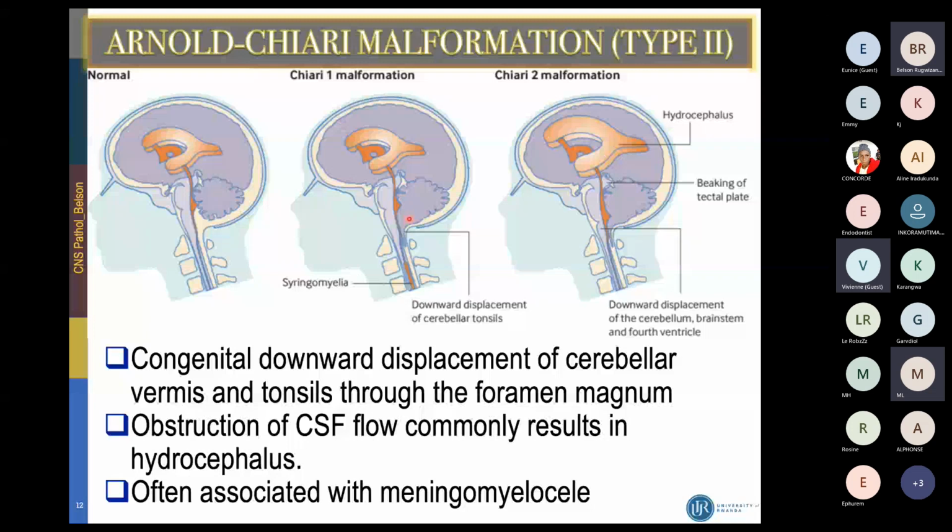And also for type 2, it is the same. We have the cerebellum going down, but also the brain stem, which is trying to go down. So I can say that Chiari type 2 is more dangerous as compared to Chiari type 1. Because of this, if the brain stem goes down, if the cerebellum goes down, they will obstruct